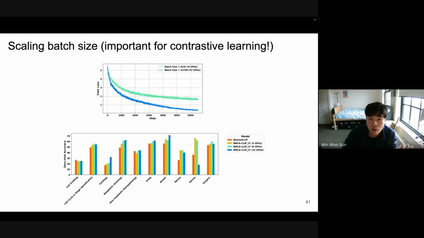And we noticed an interesting phenomenon. So the top plot is the training loss curves of the two models, where blue represents the bigger batch size training, and the green, the smaller batch size of 8,000. We see that the bigger batch size allows for faster convergence. And not only that, later in the epochs in training, we start seeing the curve be more stable compared to using a smaller batch size.